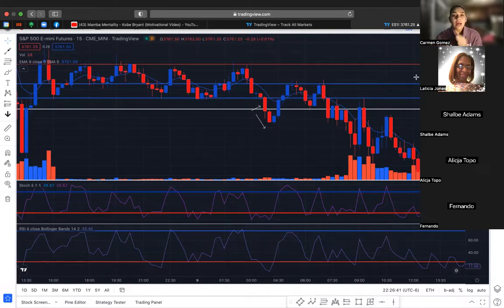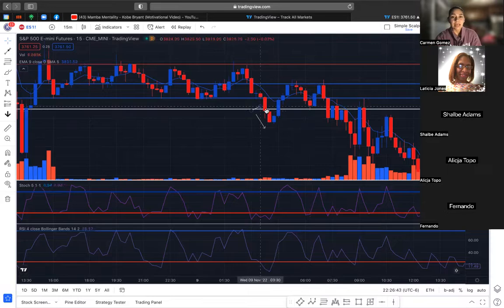Okay, so now I'm looking at this. I see it's broken. It came down. But wait, I know the market is gonna come back up and retest before coming back down. So as I see, there was a break, but I'm gonna wait for the retest. As I see, this is continuously coming up. So at this point, I'm relieved that I did not get into that trade. I'm pretty sure you guys would have been a little relieved yourselves.